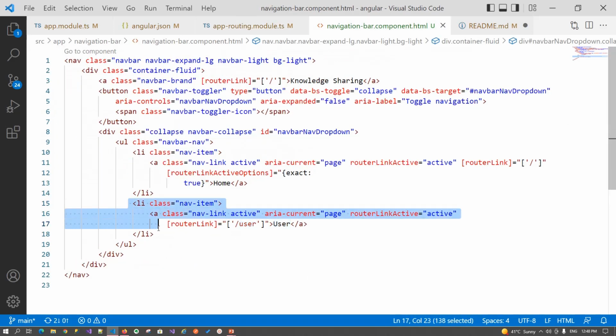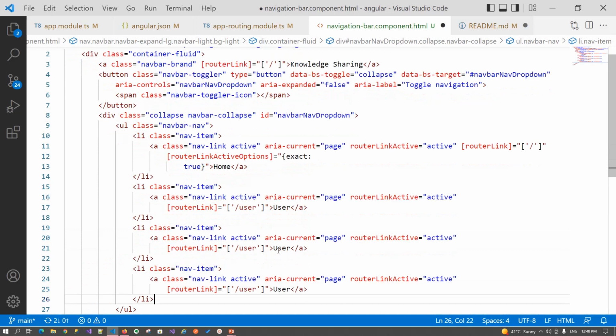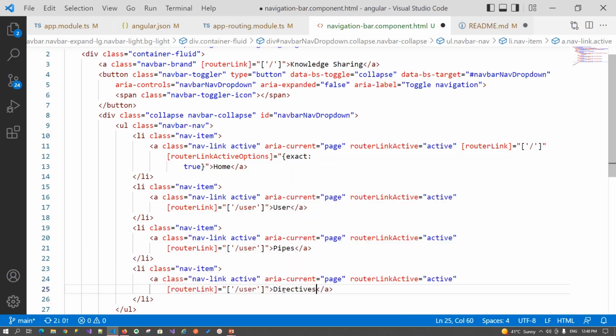And similarly, let's define our other menu options for pipes and directives, and pass its path: for directive it's directives, and for pipes